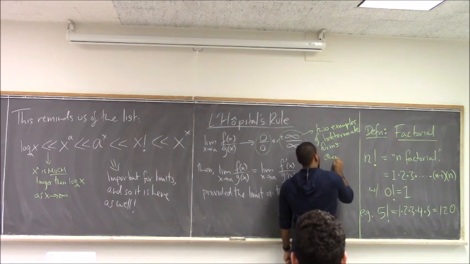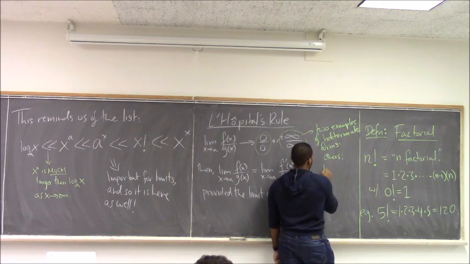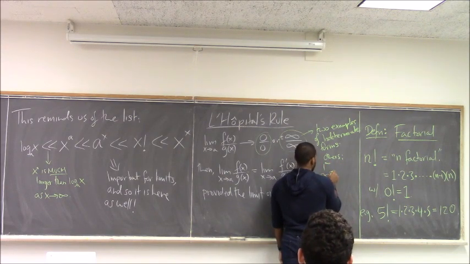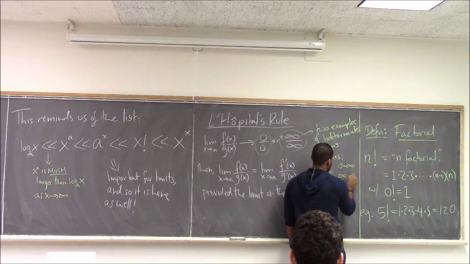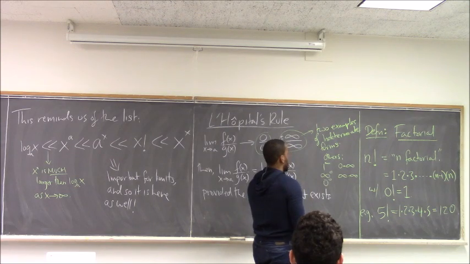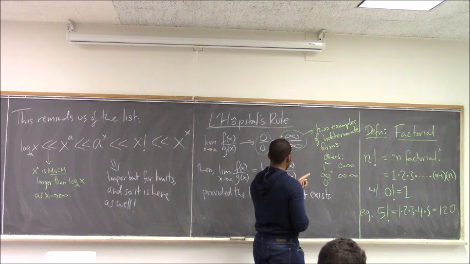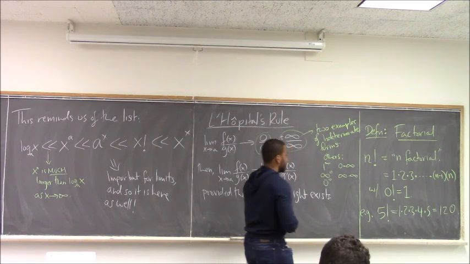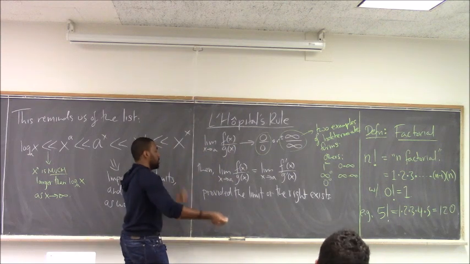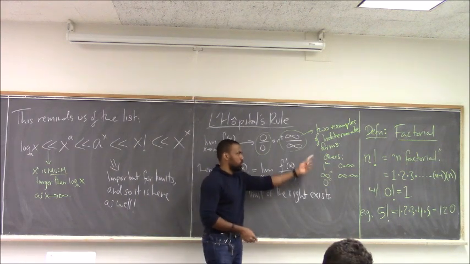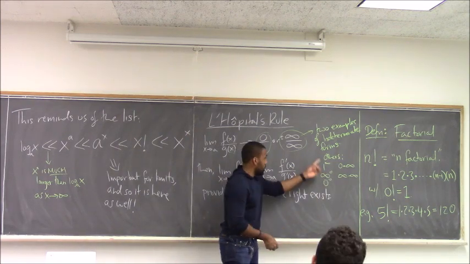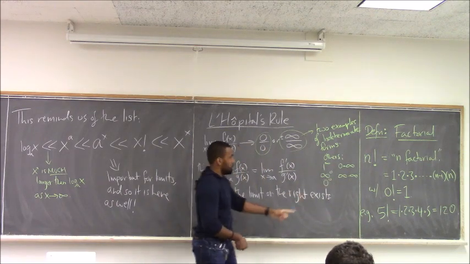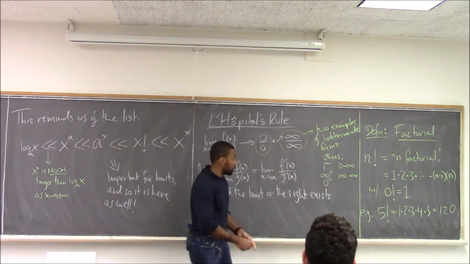The others were 1 to the infinity, infinity to the 0, 0 to the 0, 0 times infinity, infinity minus infinity. I always forget one of these. Okay, so 1, 2, 3, 4, 5, 6, 7. I think that's all. Right, so these are all the indeterminate forms. When you get them inside of limits, you should know that you can't assume that you know the answer to one of these. You need something else. Odds are, if you approach any one of these situations in a limit, which I think on the bonus you would have approached some of these situations,